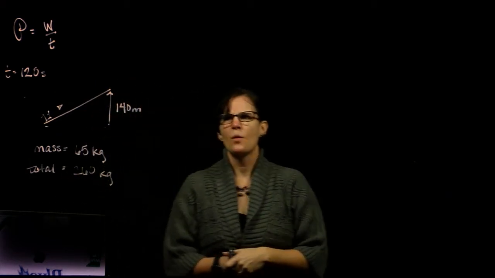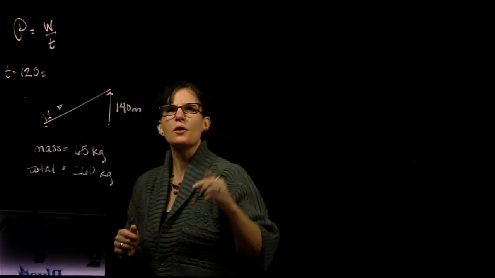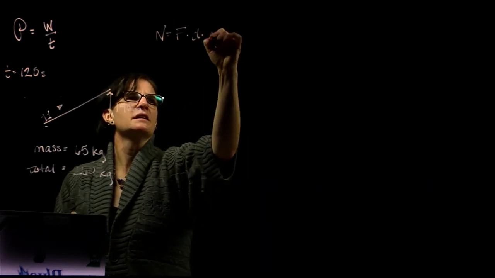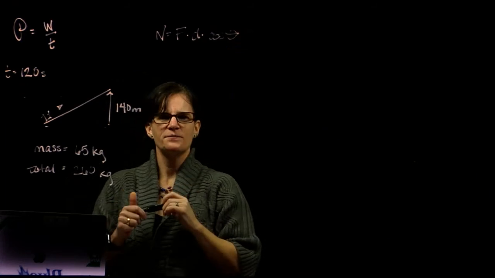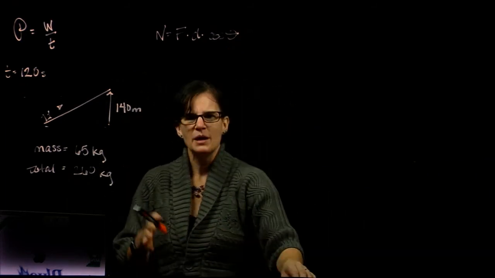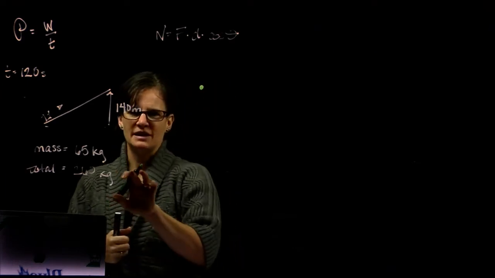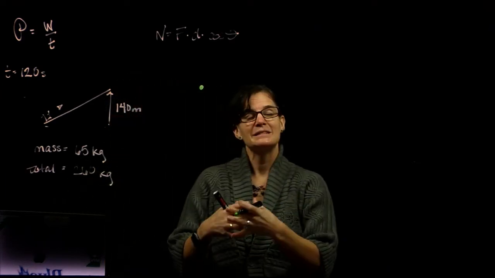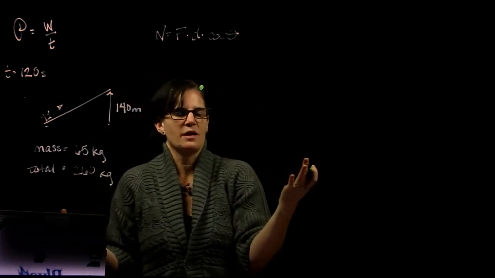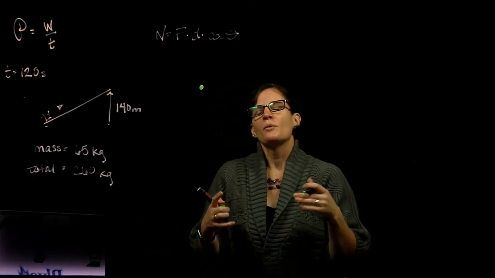So we need to know what is the work. In order for us to determine the power, we need to know the work. And we know that the work is equal to the force times d times the cosine of the angle. So let's do a work analysis on these skiers and this tow rope. Imagine that we look at a free body diagram of the skiers. It's not necessarily sliding around a ramp. We don't really know how the contraption looks, but we do know